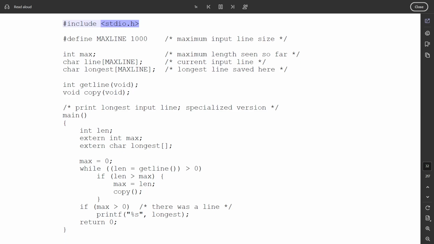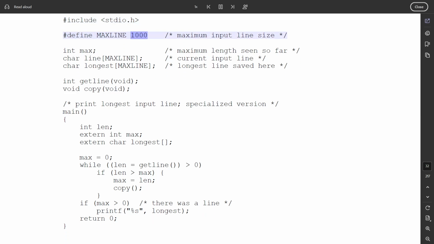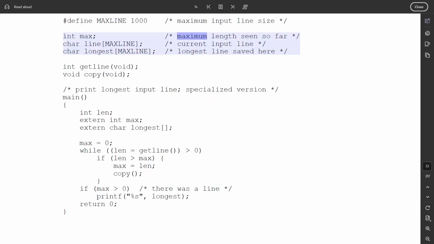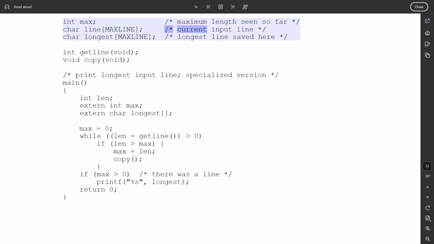#include <stdio.h> #define MAXLINE 1000 /* maximum input line size */ int max; /* maximum length seen so far */ char line[MAXLINE]; /* current input line */ char longest[MAXLINE]; /* longest line saved here */ int getline(void); void copy(void); /* print longest input line; specialized version */ main() { int len; extern int max; extern char longest[]; max = 0; while ((len = getline()) > 0) if (len > max) { max = len; copy(); } if (max > 0) /* there was a line */ printf("%s", longest); return 0; }